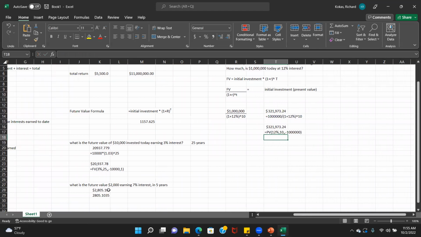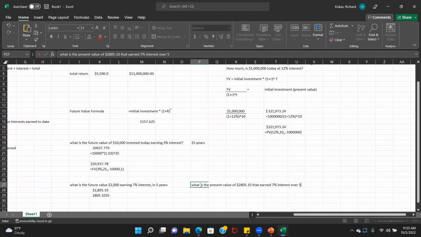Over here, what is the future value of $2,000 earning 7% interest in 5 years? Let me say, what is the present value of $2,805.10 that earned 7% interest over 5 years? So what is the value today of $2,805.10 that earned 7% interest in 5 years? Or if I said, what if in 5 years we want to have $2,800 and we're going to get 7% interest? How much do we have to invest today? Do it either way. So what I'm going to do is equals the future value amount,